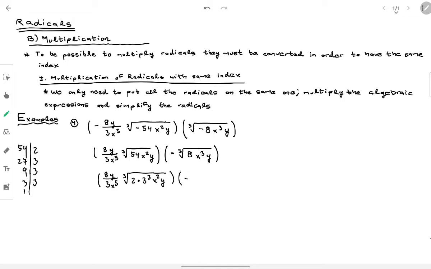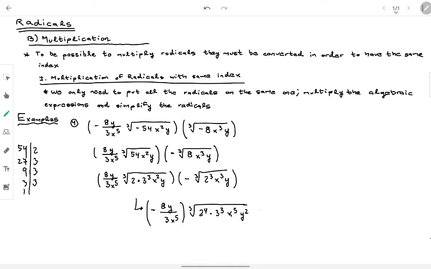That multiplies minus the cubic root of 8, it's 2 cubed x cubed y. So on this one, of course, it's going to be negative 8y over 3x to the 5. This one, we will multiply 2 and 2 cubed. It's going to be 2 to the 4. That multiplies 3 cubed x squared, x to the 3, it's x to the 5,